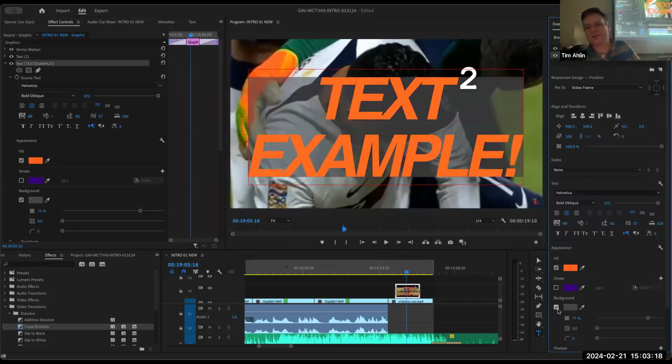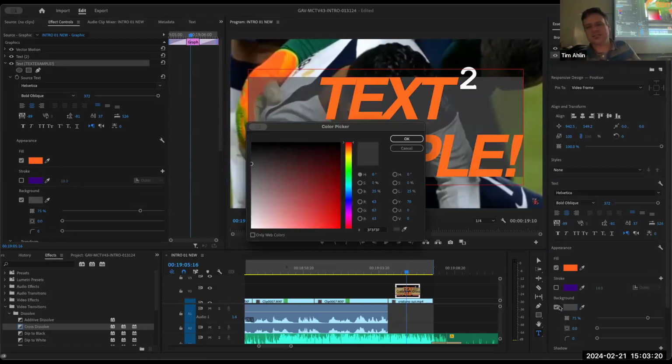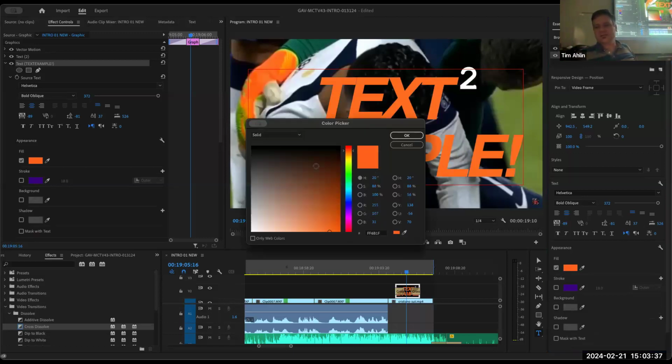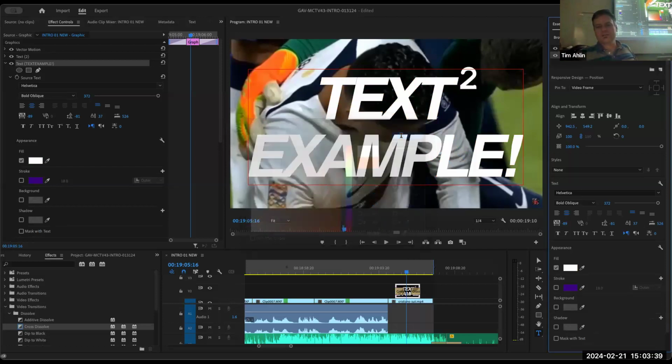What about a background? Background gives us, instead of being opaque, something on top. Maybe we want to put this on because you can't see through the subtitles. For example, let's turn off the background. And what if we were white?